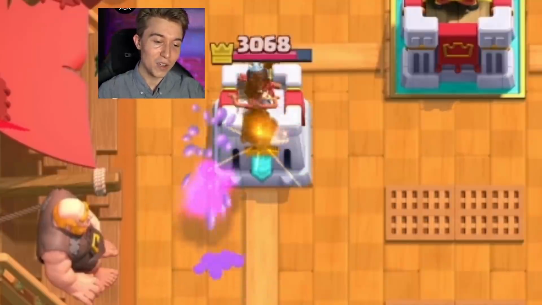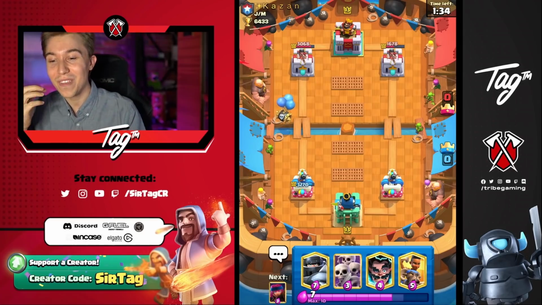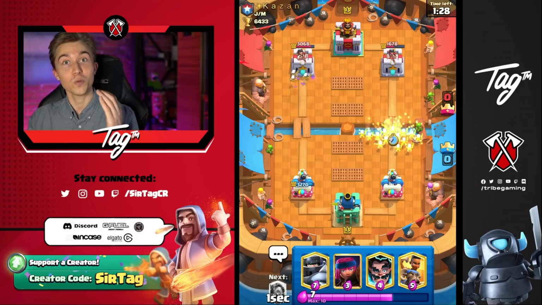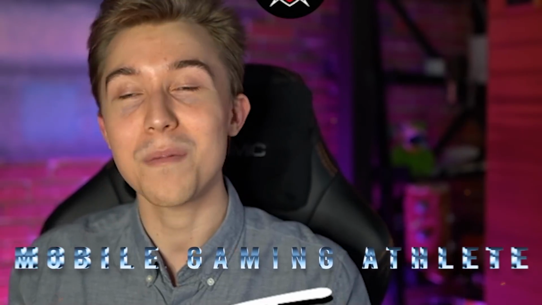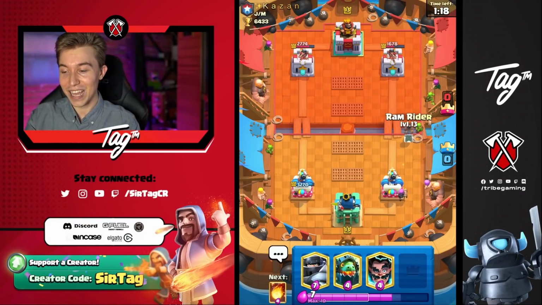All right, so I can go for a skeleton barrel on the left-hand side and try to get some more chip here, but I was looking at this game and I know that I have matchup advantage. So the good thing about it is I should win the game. But the bad thing is if I lose, it kind of damages my pride, my soul, and my integrity as a mobile gaming athlete. So we're just going to go in for the firecracker again and go through with another